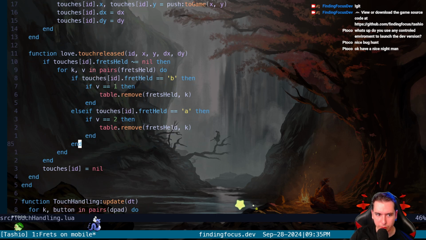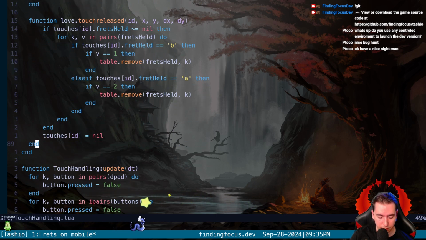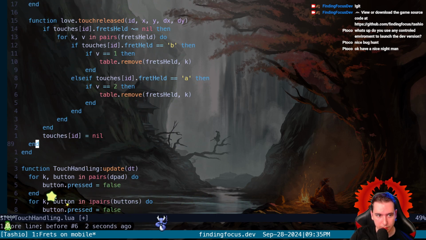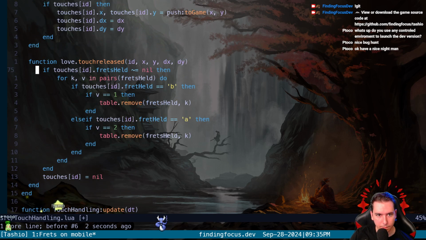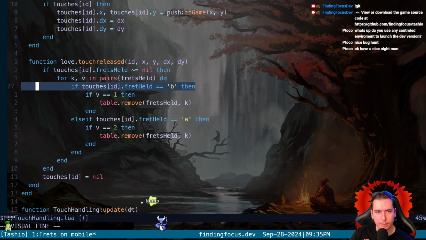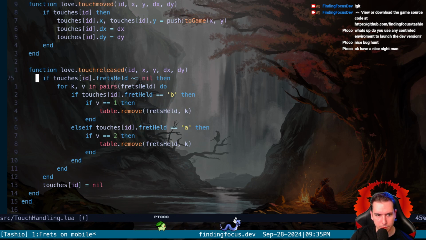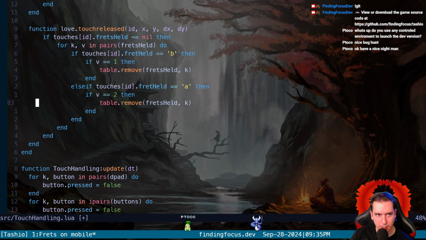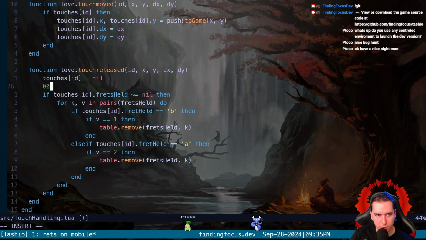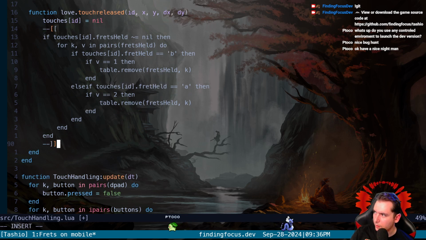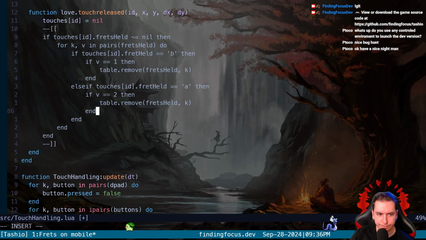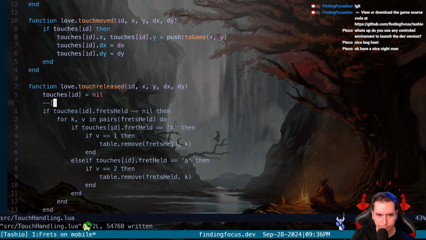Yeah, I'll be wrapping up shortly. This end, first of all, doesn't need to be here, right? Oh yeah, it does. Okay, we aren't doing this field of fretsHeld anymore, so we don't know how to remove which fret. This was broken anyway. So let's just say all we do is nullify the touch that was released. And then